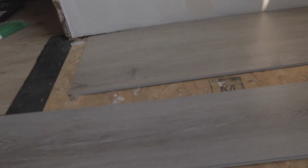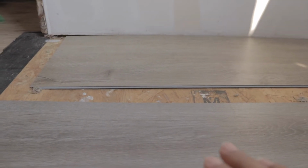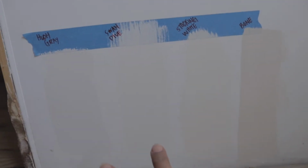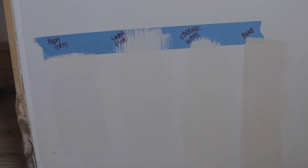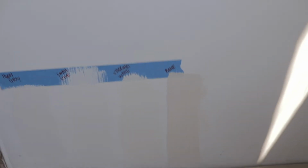Alright, so we made a decision based on what we like and the budget. So we picked out 2 floors to sample. It's kind of hard to tell on the camera, but the one closer to us is more gray, and the one closer to the wall is more brown. And we were thinking of pairing these first 2 together, the Hush Gray and the Swan Dive, and the Bone with the Stocking White on the right. But it turns out that we both kind of like the 2 whites in the middle, the Swan Dive and the Stocking White. So we're going to use those as the base and the trim with the baseboards that are a little more brown. Mainly because this countertop that we have,